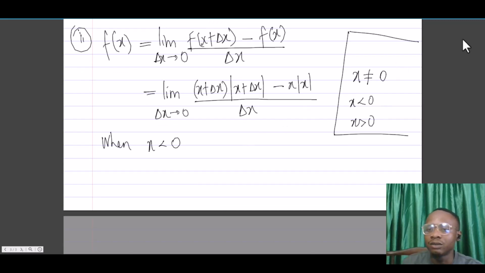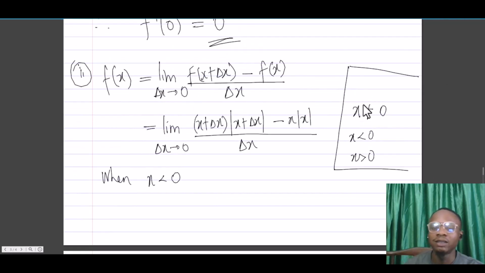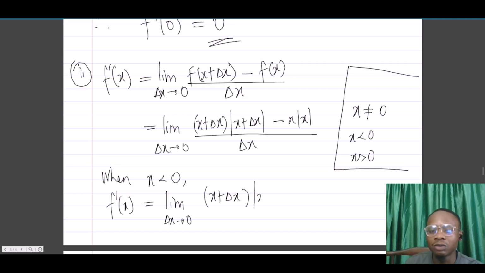So when x is less than 0, let's add an additional page here. When x is less than 0, it will follow that our f prime of x will be equal to the limit as delta x approaches 0 of x plus delta x multiplied by the modulus of x plus delta x. We're not making any simplification to this portion yet. You see why shortly. Minus